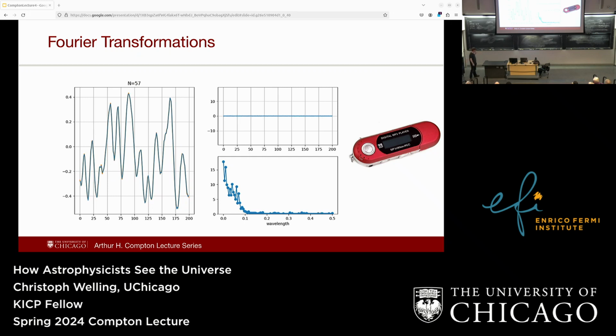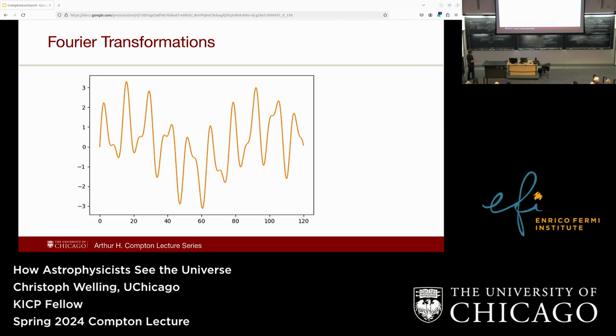The problem, of course, is we first need to figure out this part here. Which waves do we actually have to add up? So for this, let's take a simple example. I can tell you this is just 3 different waves I added up.